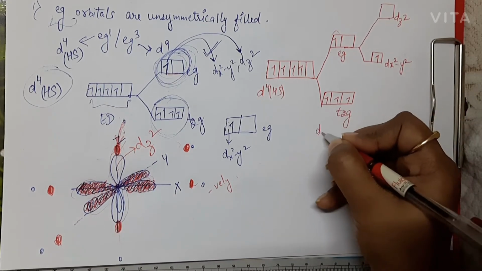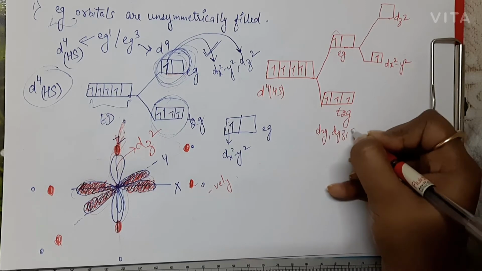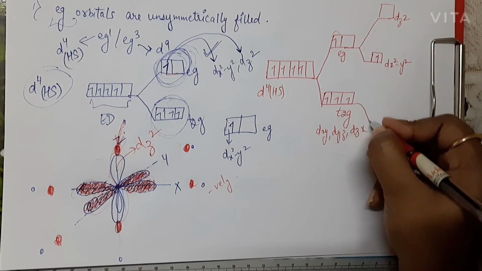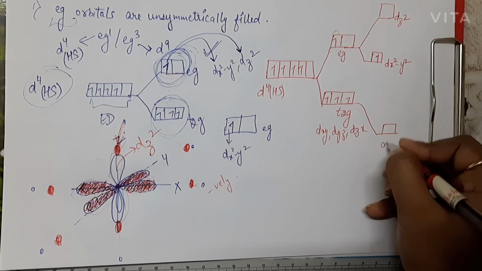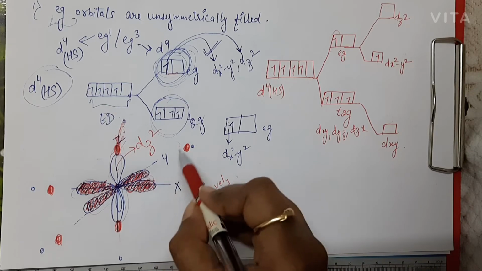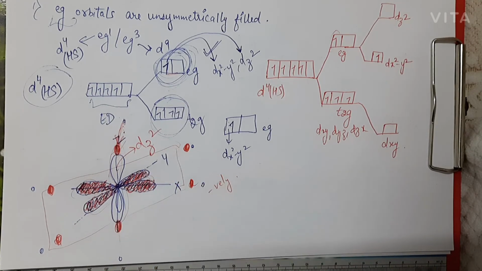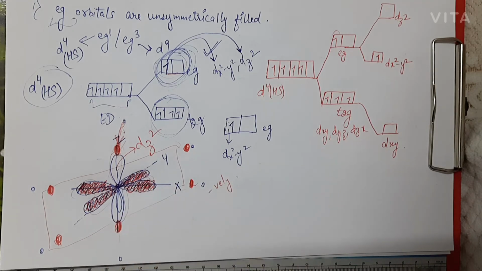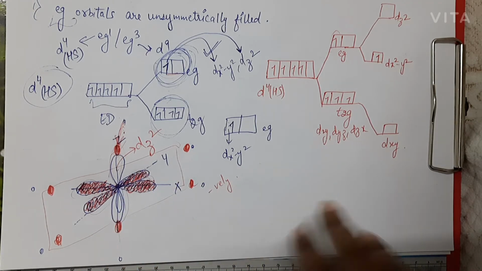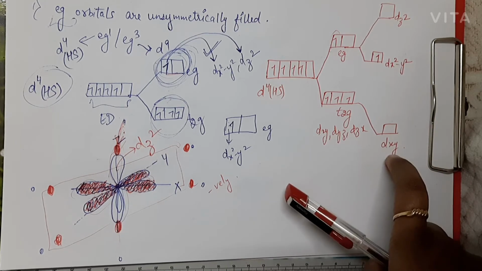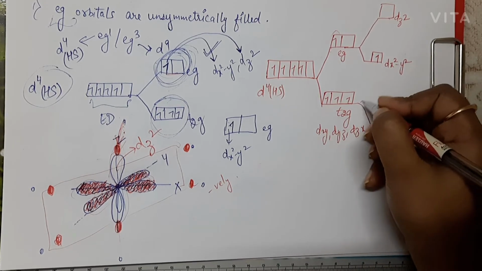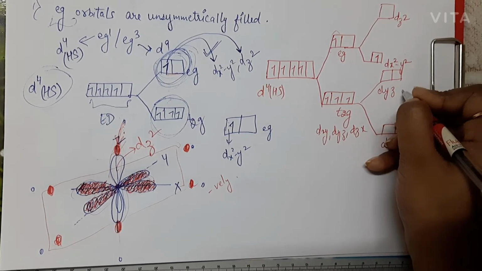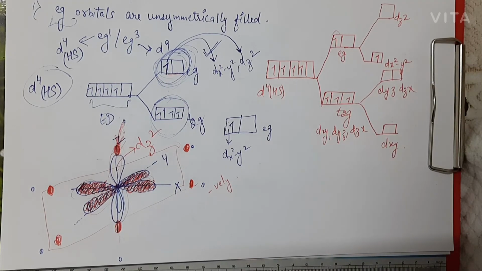So here also we are having dxy, dyz and dzx. What happens here is that the orbital dxy will have decreased energy, right? Because it is in the xy plane. The dxy orbital will be in the xy plane, and there also there will be some electron cloud. Obviously the electron cloud will be somewhat there, and because of that it will have decreased energy. dxy orbital will have decreased energy, and because of that dyz and dzx will have increased energy.